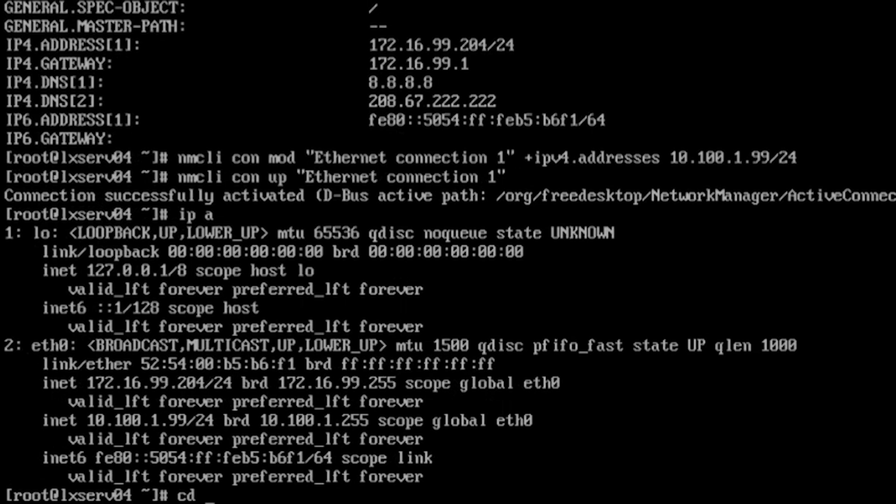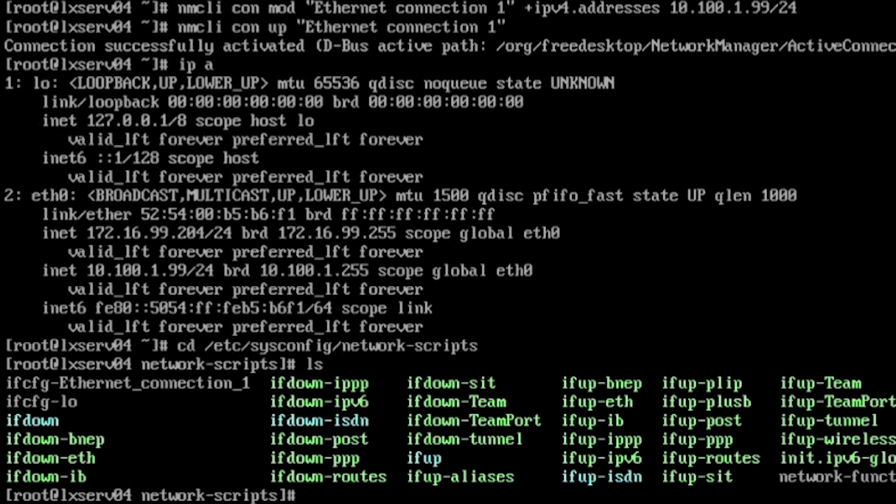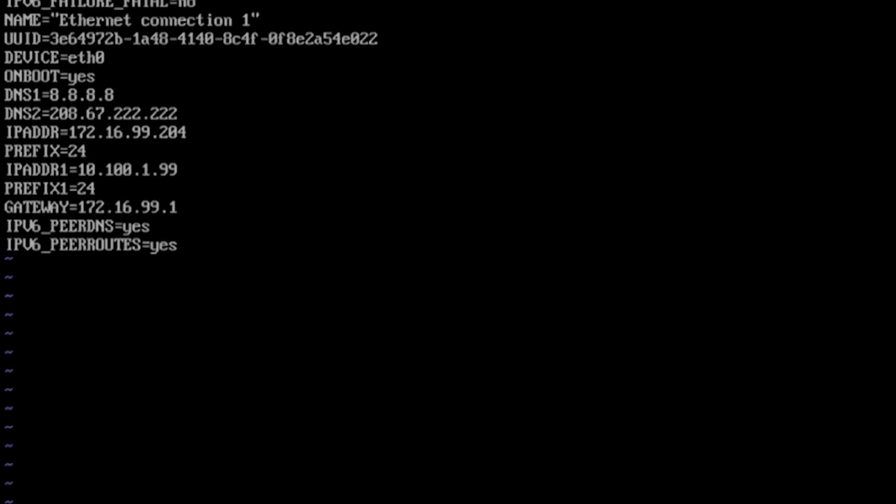Now we can also change IP address and network configuration using network interface configuration files. So cd /etc/sysconfig/network-scripts, and check for our Ethernet connection 1 interface configuration file. So vi ifcfg Ethernet connection 1 file,